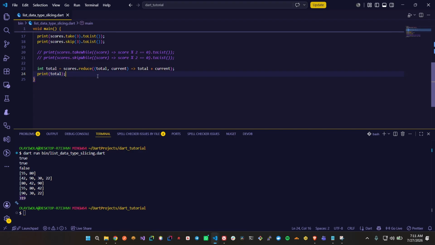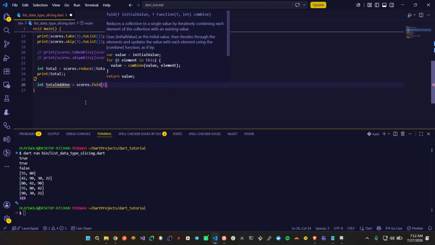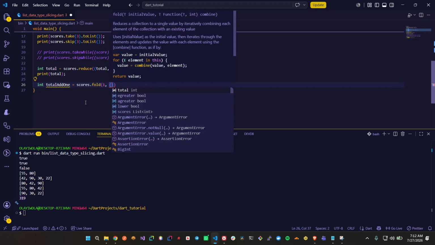add something before computing. You can add, just like, add 100 or add 20. Okay, this is 19. You can say add 1. You can say int total, add 1, total plus 1. Yes, we can have something like that, and we can say scores dot fold. Then we can add 1 first. Then we can now have our normal